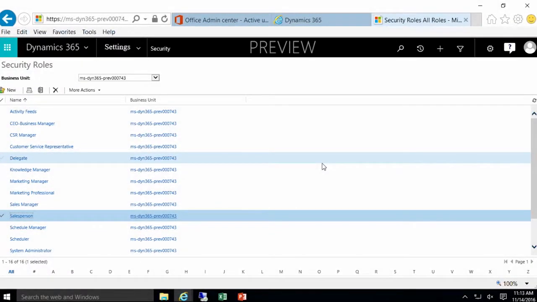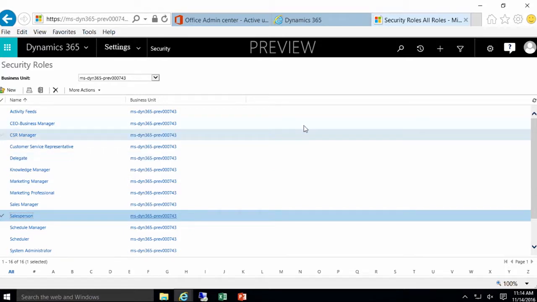One of the questions you have to ask yourself when you're working with these security roles is, how do you want to edit and create them? As you saw in the last demo, there are a lot of little circles there. So sometimes people run into a situation where they wonder, how am I going to create this security role? I can create a new security role from scratch. So for example, I could click on new,